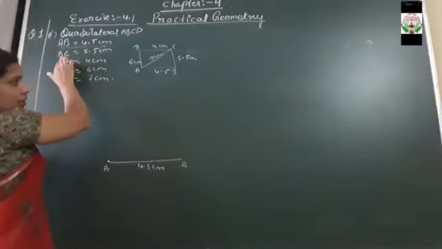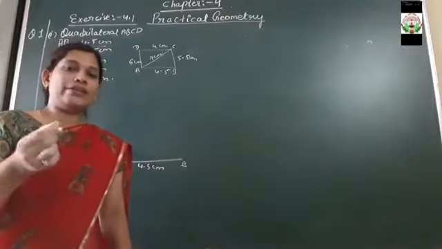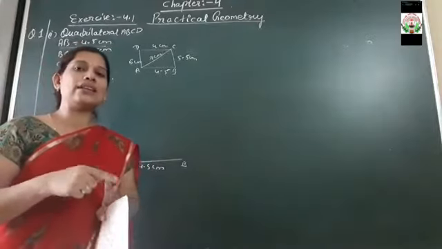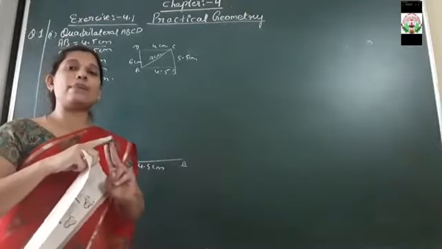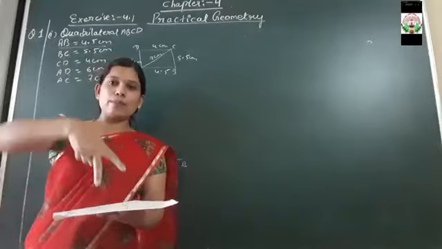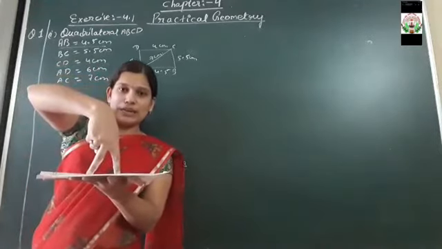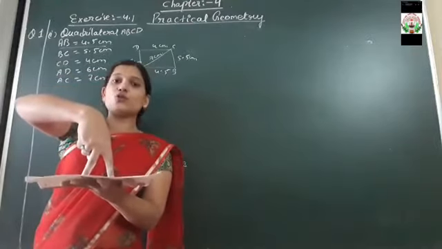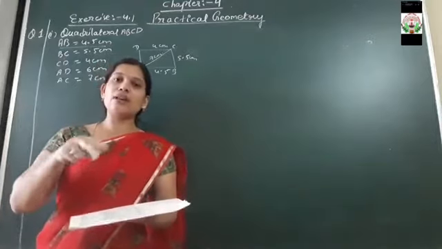After doing this, what you have to do next? BC. You have BC. Everybody has a needle in your home. In that needle, stick the pencil in such a way that the pencil and the needle point should be equal. That means जो pencil और needle का part होगा वो equal होना चाहिए. If suppose you have this copy, keep the pencil and needle on the plane of the paper, so that the point of pencil and the needle should be the same, not up and down. ऊपर नीचे नहीं होना चाहिए, एकदम बराबर लेवल पे होना चाहिए.